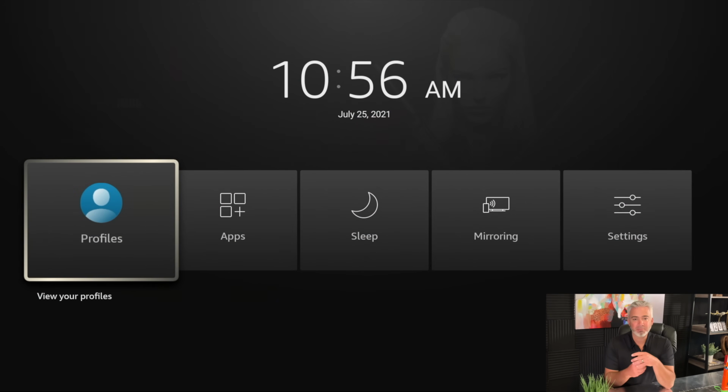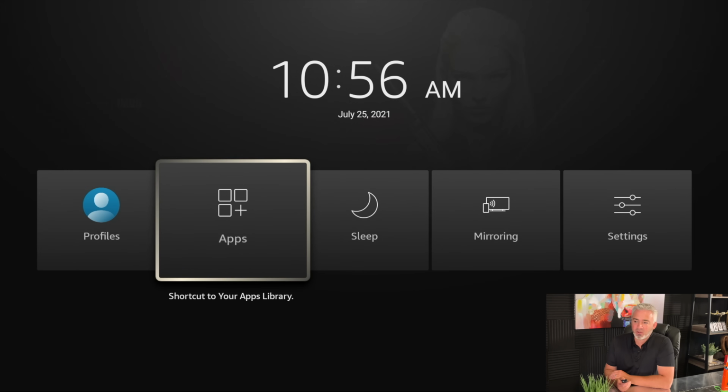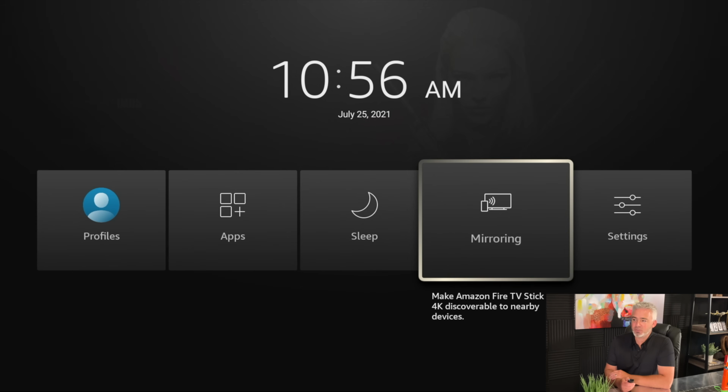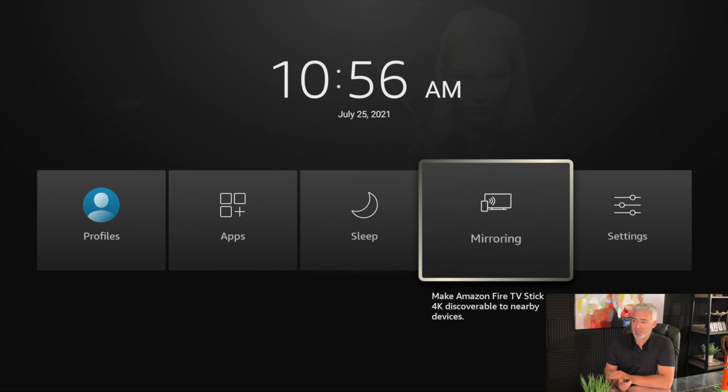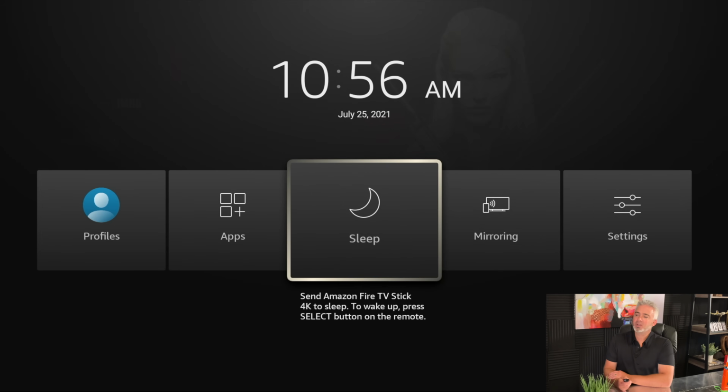So the cool thing about this is you can actually switch between profiles just like that. Again, hold the home button down just for a few seconds and you get this. Now, this allows you to change your profile. This allows you to see all of your apps, so a shortcut to your apps, which is really nice. It also allows you to mirror your phone or your computer or what device you want to, or project it right to your TV, which is kind of a cool feature. It also gets you direct shortcut to your settings, which is nice,